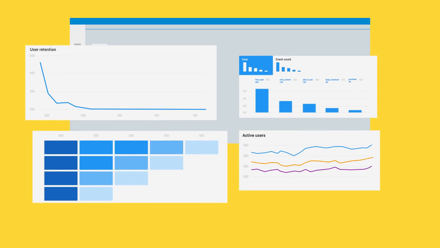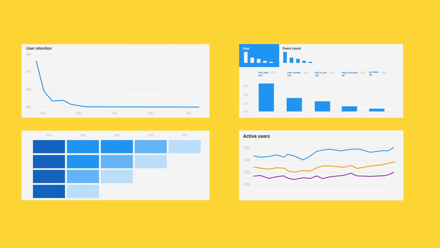All this is just the beginning. As you explore Firebase Analytics, you'll find many other ways to use analytics data to improve your app and grow your